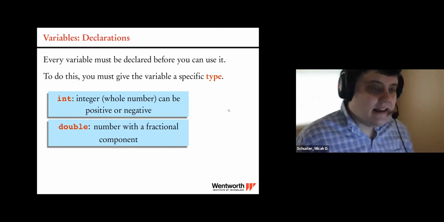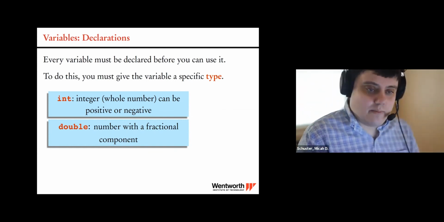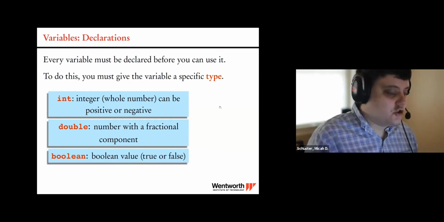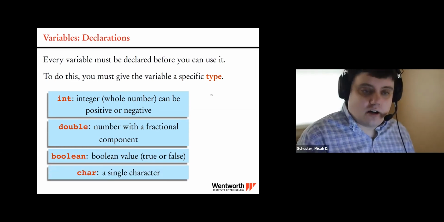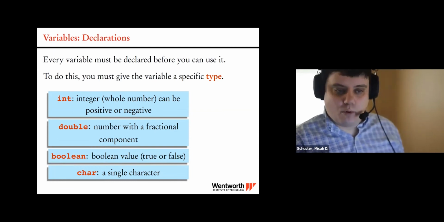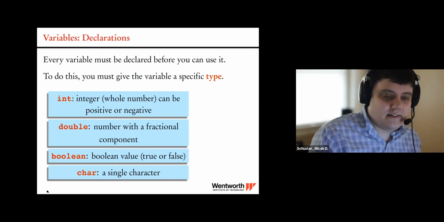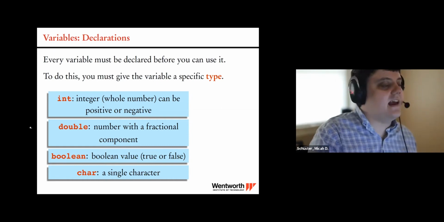A double is a number with a fractional component, so like 3.5. That would be a double. A Boolean is just a true or a false value. And then we have char. It's just a single character, an A or a C or an exclamation point. Now, I'll show you how to create all of these in just a second, but these are the most common ones, and these are probably what you'll see most of the time in your assignments and any of the examples